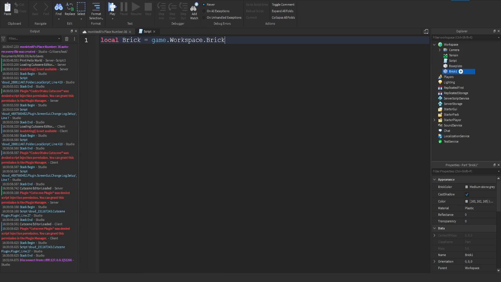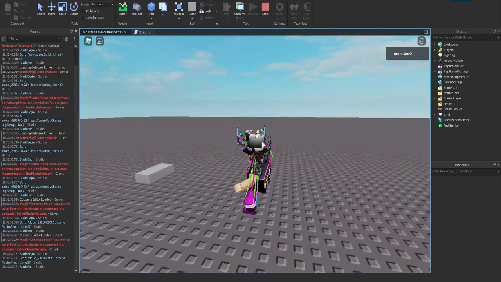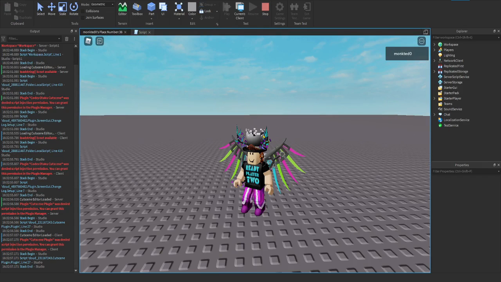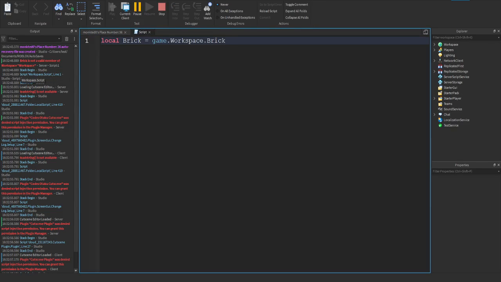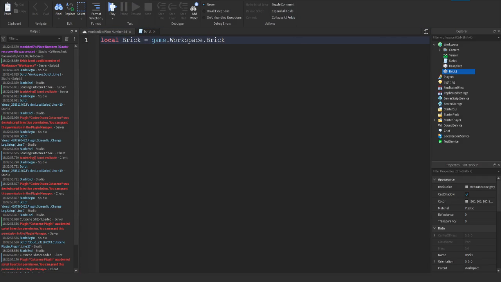But this is going to error because we named it to brick1, right? So you guys can see it doesn't know what brick is because brick isn't a valid member of workspace. So a lot of mistypes, or if they just forget that they changed it to a different name, that will error your code. But let's say you deleted that and did a repeat, wait